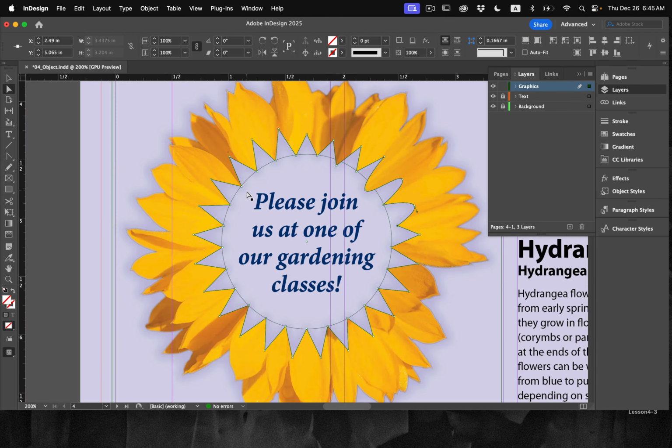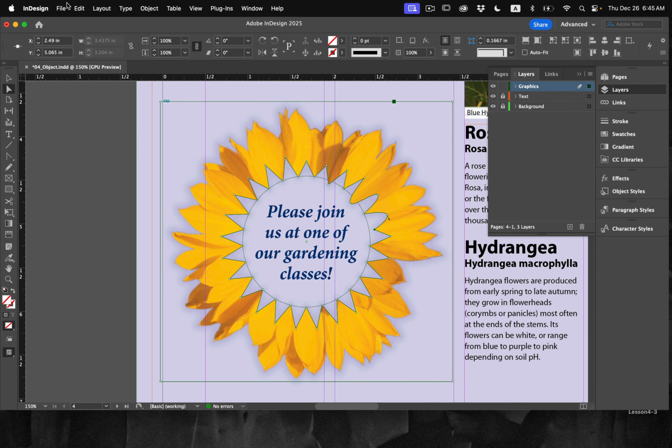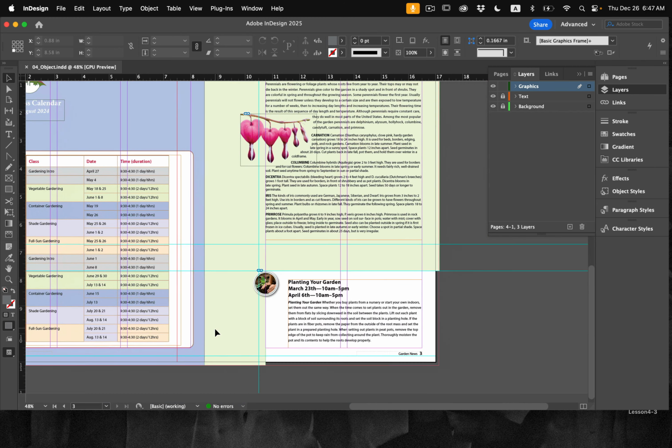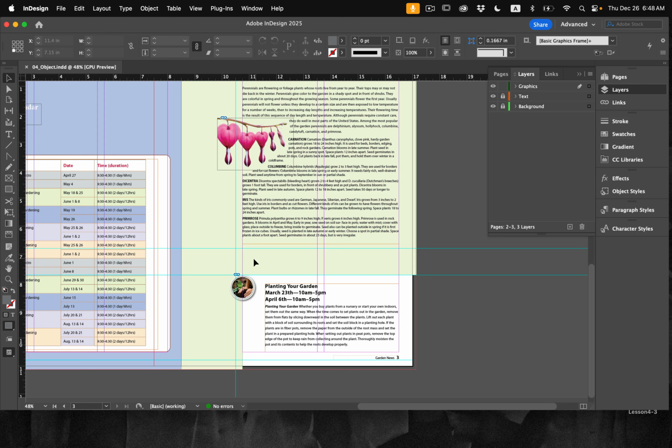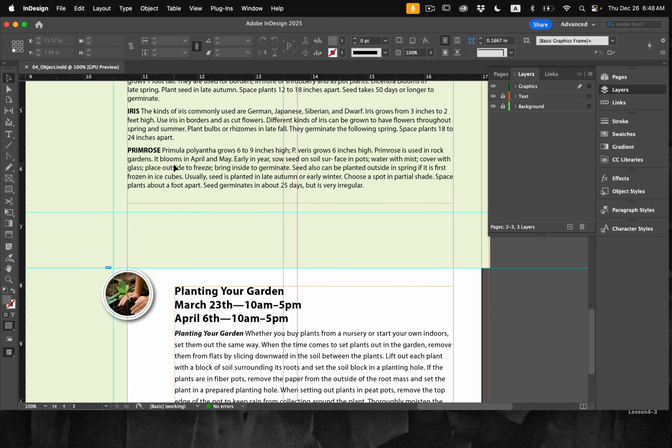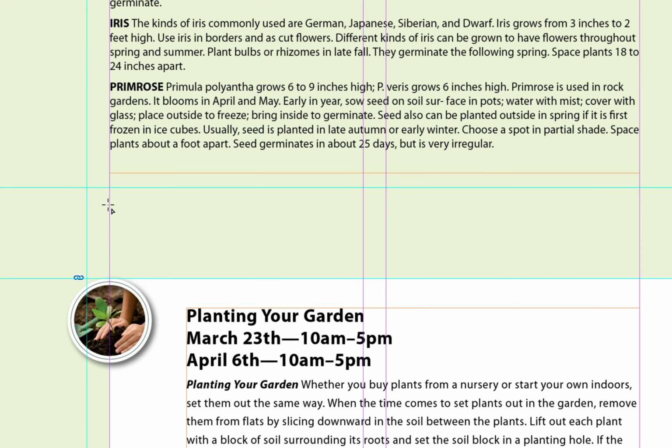But once you're finished, we can zoom out to see the whole thing, and we can go to File and save what we're working on too. Let's zoom back out. Let's go over to the third page down here at the very bottom. And let's add some graphics down here along this bottom edge. To create a frame tool, let's choose our rectangle frame. And I'm going to click and drag, holding down the Shift key to create a perfect square until the height of it is about